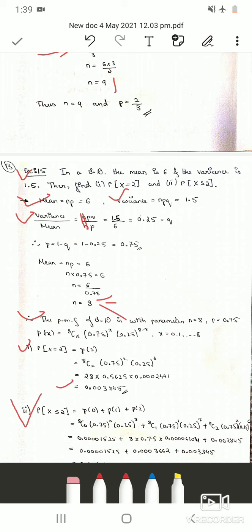So with these 15 problems, we will end binomial distribution. There are many other problems, but the method remains the same. All you have to remember is the PMF of the binomial distribution, what is the mean, what is the variance, and how to calculate the given probabilities. Even though we solve 100 problems, there will be a 101st problem with some different question but a similar solution. So practice these problems and refer to textbooks for some more problems.